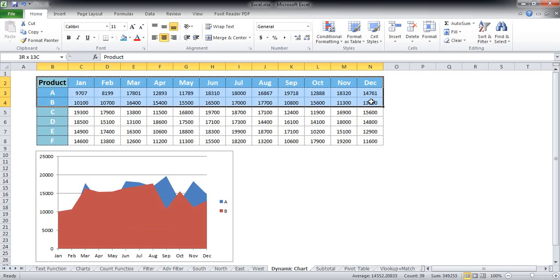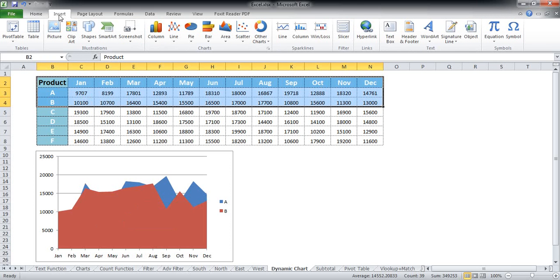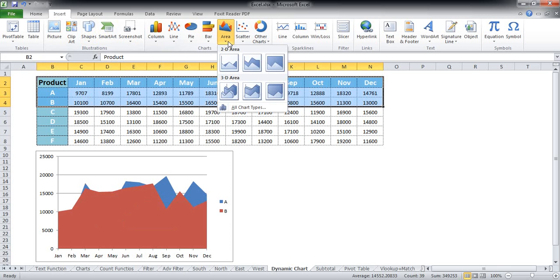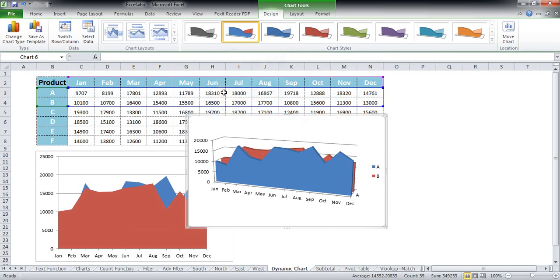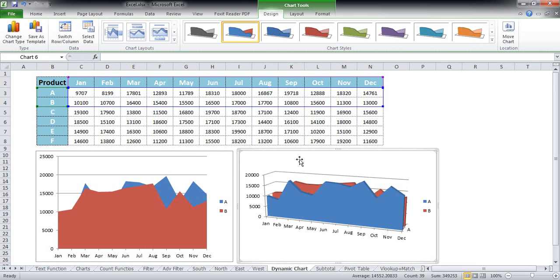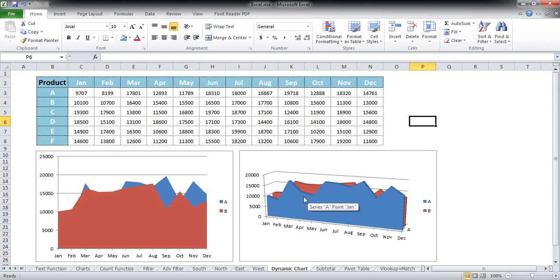data on which they have to be built, go on to the Insert tab, click on the Area button over here, and then click here. Now again, this chart is depicting the same sort of data which is being depicted over here. The only difference being that this has 3 dimensions, x, y and z, and this has only 2 dimensions, x